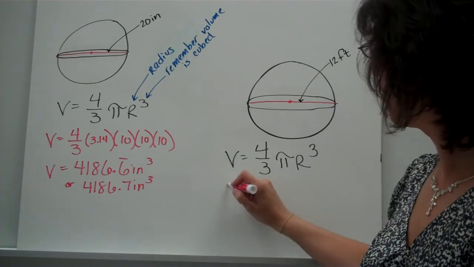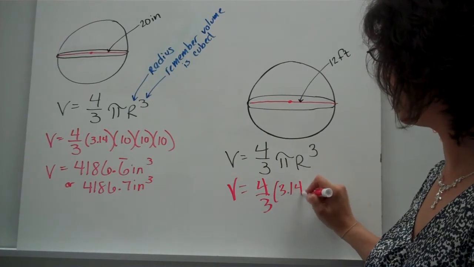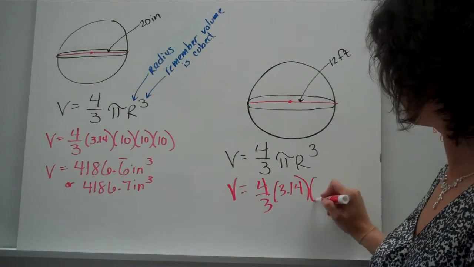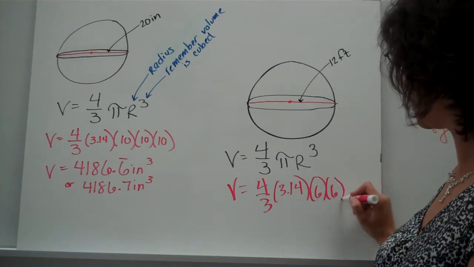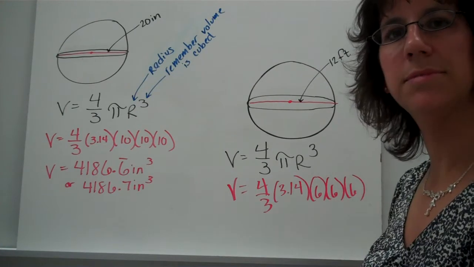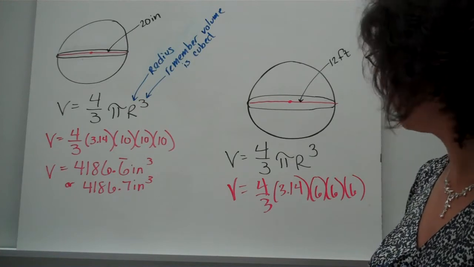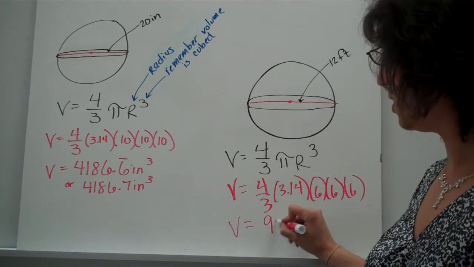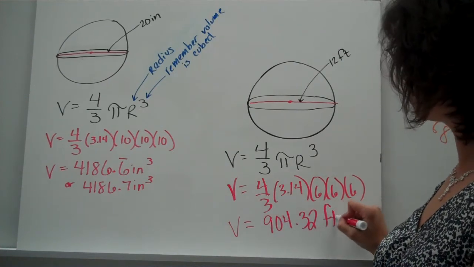Okay, are you ready? We've got 3.14. The radius is 6. Don't forget to write that 6 3 times. We are multiplying 6 times 6 times 6. That is not the same as 6 times 3. Pay close attention to that. All right, when you multiply all that out, you should have gotten 904 and 32 hundredths, and we're talking about